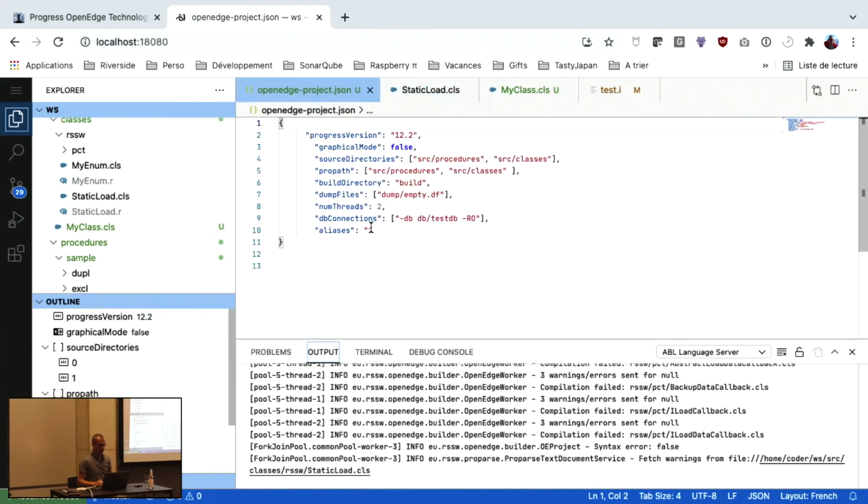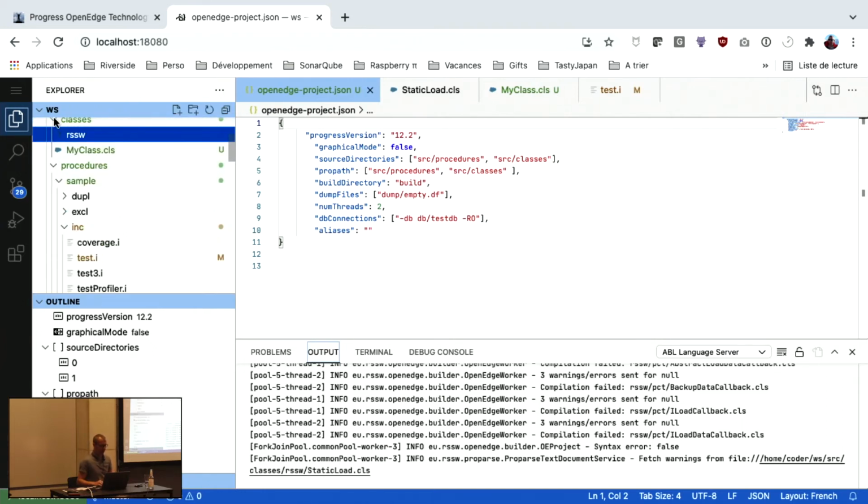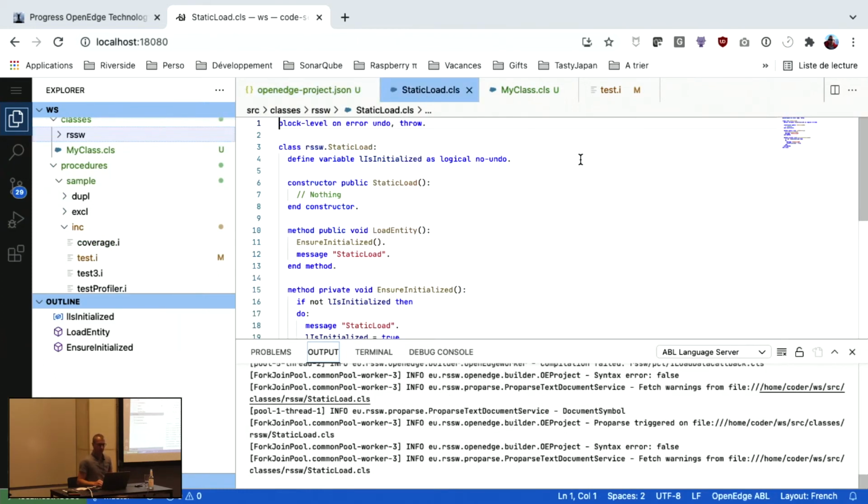We have here the openedge-project.json file where you have the configuration. It's a very simple project. There are only a few classes and procedures. And here we can edit some classes. So we already have syntax highlighting available out of the box.